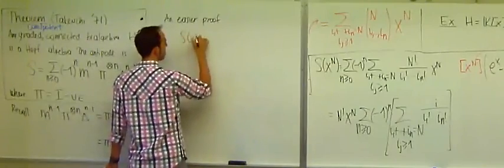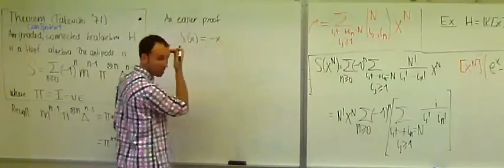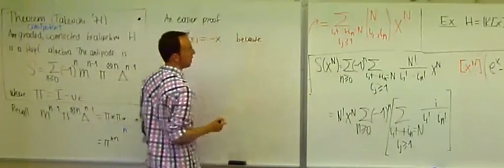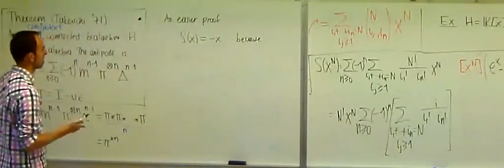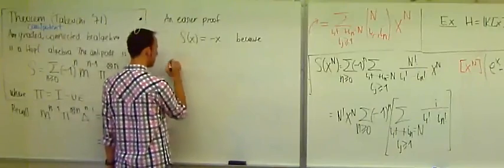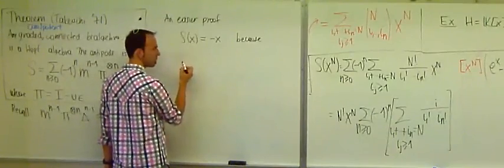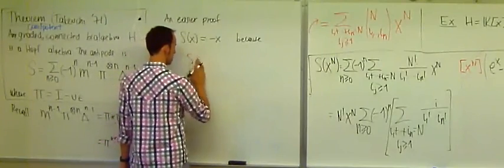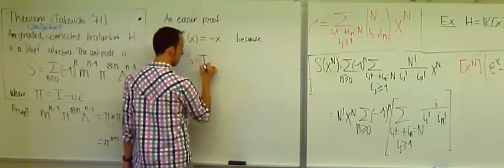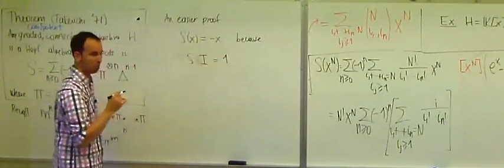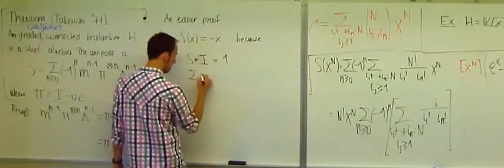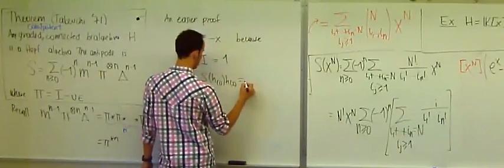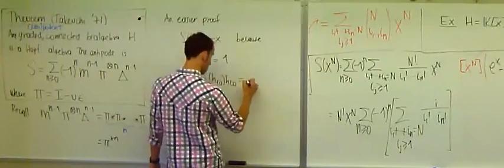How can we argue that s of x is minus x? I mean, yeah, there's different things we could do, but what do we need? We try to write it in Sweedler notation. So we need that the convolution of S and I should be 1 in convolution. In other words, we need that the sum of S of H1, H2 should be u epsilon of H